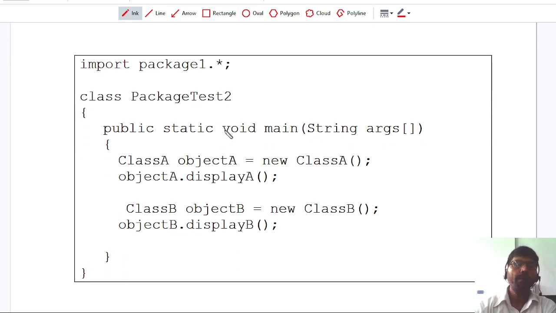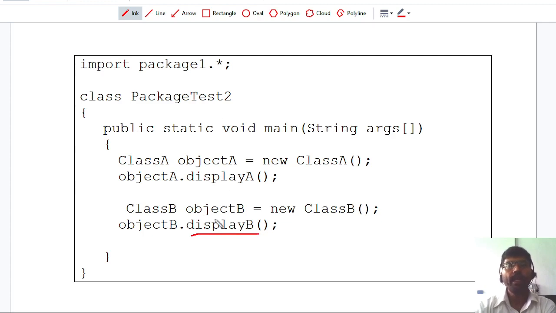In my main method, I have created an object of A first. The class A object is created and displayA is called, which will display class A. Then I have created one more object, object B, from class B, and it will display the content of displayB.